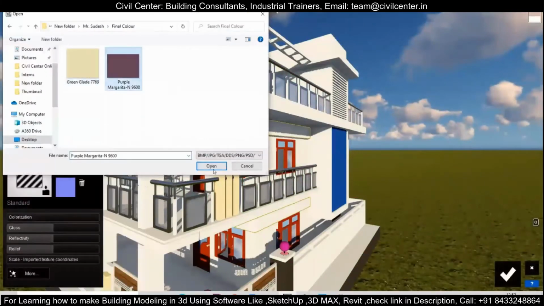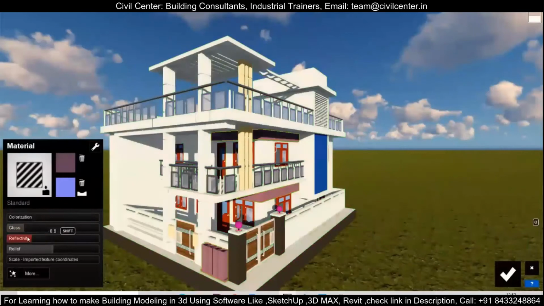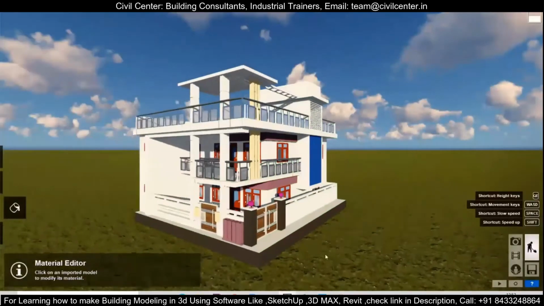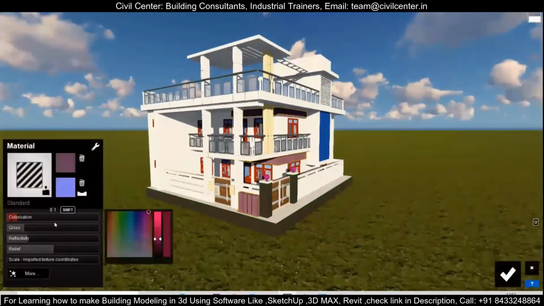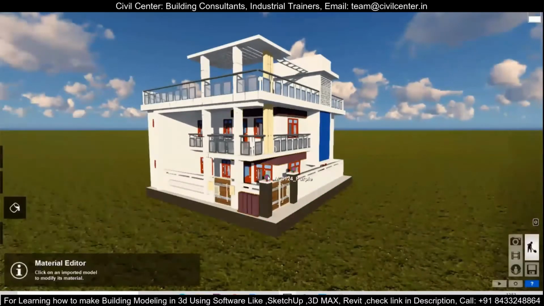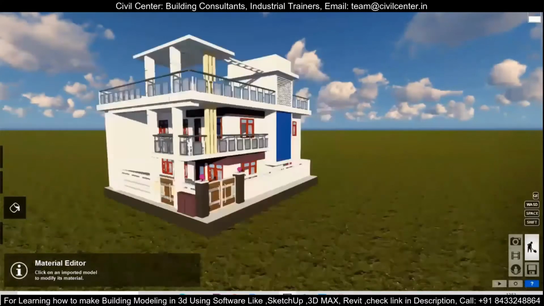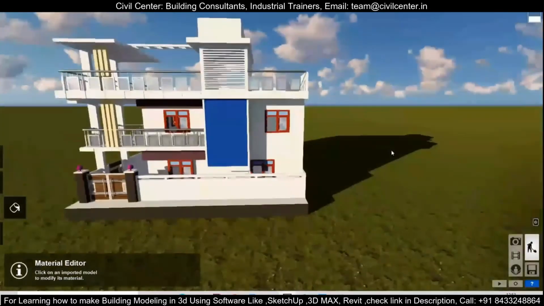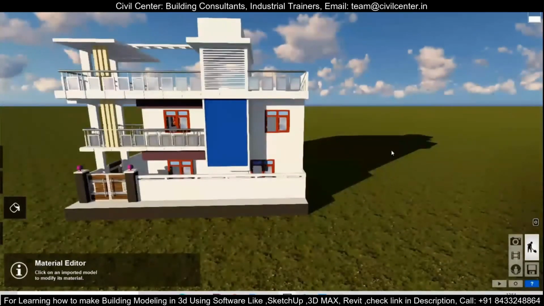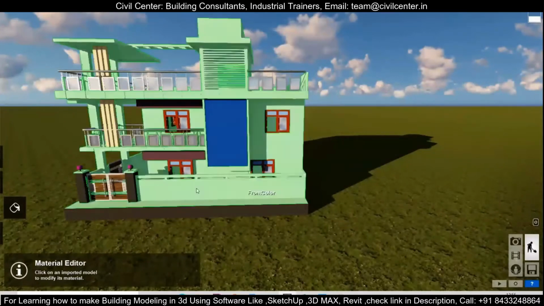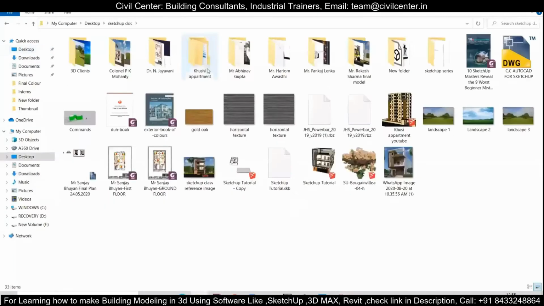Now, to provide the color, I have already selected the colors, and now I can simply reduce the gloss and reflectivity, and then I can provide the color of my choice. I can also darken it. Then I will check from another perspective, and I will see whether I am getting the right color or not. Okay, so this way you need to keep checking while working on Lumion, and you will have to analyze each and everything.